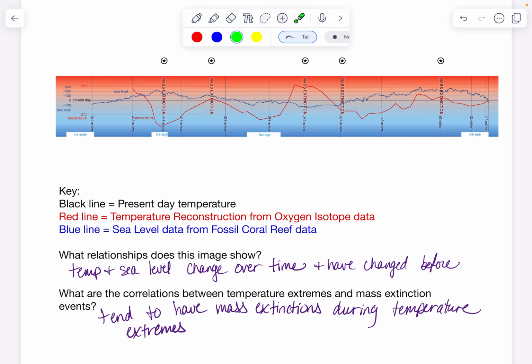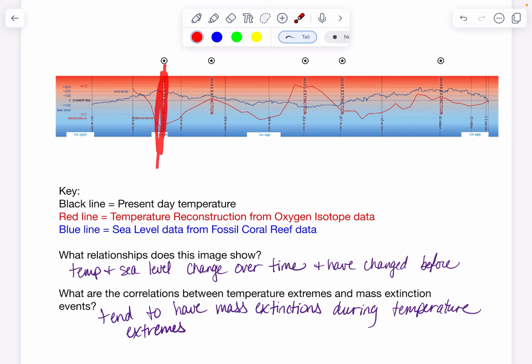And the other thing to notice are these stars that we use to mark the mass extinction events. You can see "mass extinctions" written right there. And again, what we've seen before, we're seeing in here: temperature and sea level both change, right? Neither one of those lines is straight. But if we look at that red line and where those mass extinctions are,